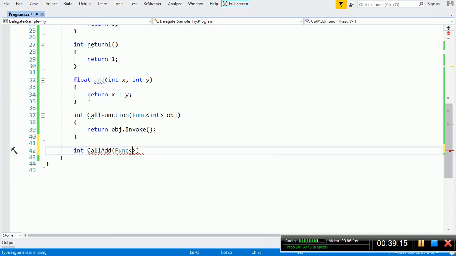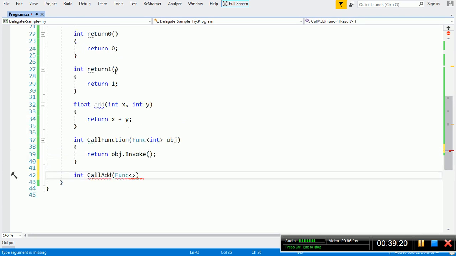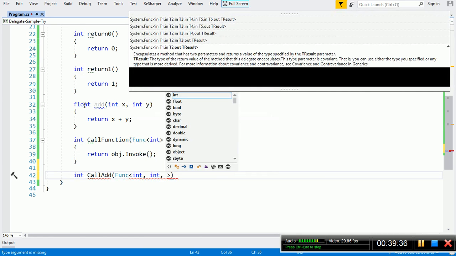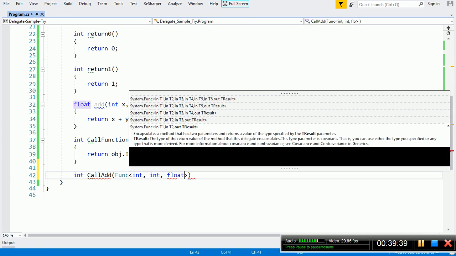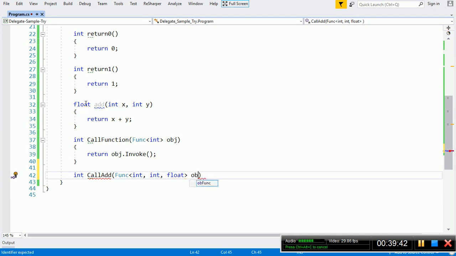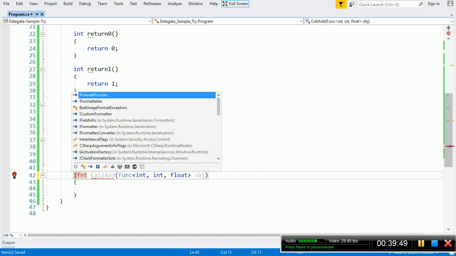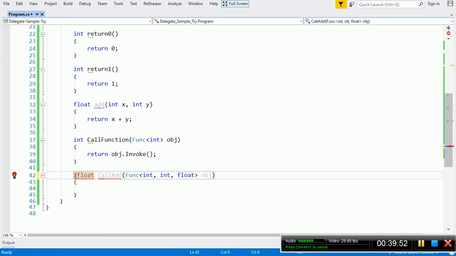Here we want to declare a func delegate which will accept 2 integer parameters. Before, we didn't have any parameter, so we directly specified the return type as the first argument. But now in this case we have 2 arguments as parameters, so specify int comma int, and then it will return a float type, so specify this as our last parameter. This is not an integer type, this is a float type.